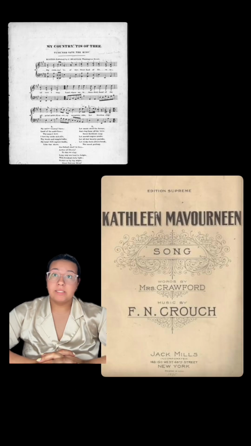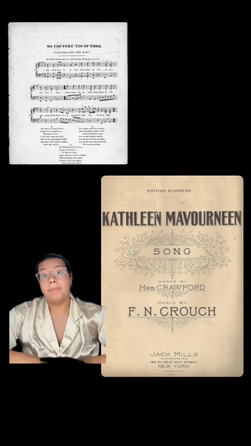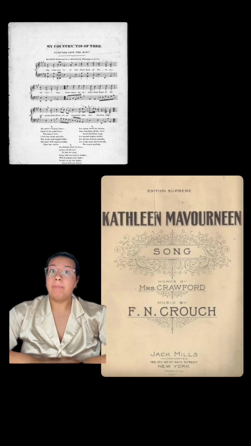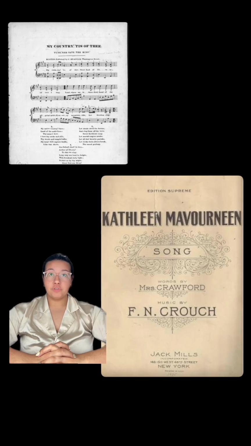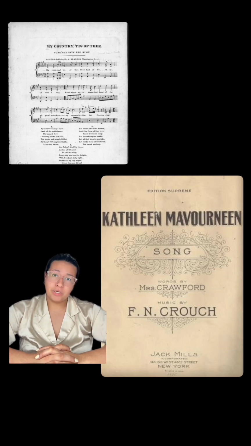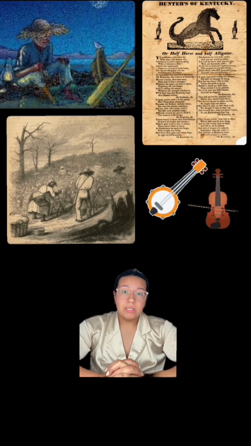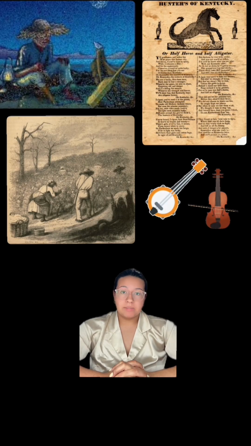In the northern United States between 1824 and 1844, music was heavily influenced by patriotic themes and emotional connections. Sung by Samuel Francis Smith, My Country 'Tis of Thee was the most popular in the North, where it was first performed in Boston in 1831. The song became a patriotic anthem and was frequently sung at abolitionist gatherings. A heartfelt piece written by Frederick Crouch called Kathleen Mavourneen in 1837 had a somber tone of longing or farewell, resonating with soldiers and families who faced uncertain separations due to early tensions prior to the Civil War and not knowing what was going to come next. In the southern region, music was heavily influenced by themes of hope and resilience due to slaves singing for the want of freedom. They used chants to communicate amongst themselves in the plantations.